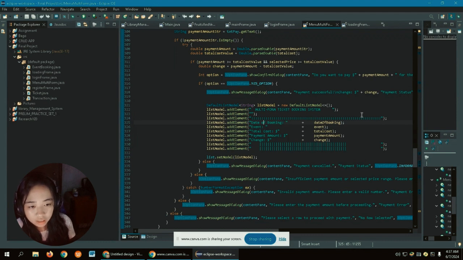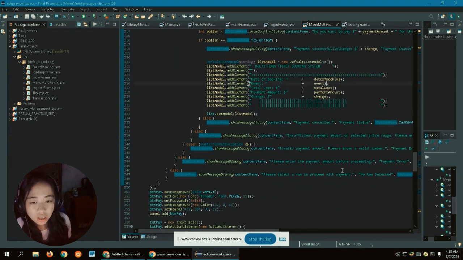And then this is for the appearance and design purposes, and right here, this represents the barcode. And then this right here is where you can see the record of date of booking, the event, and the total cost, the payment amount, and the change. And then here is setting the list model.